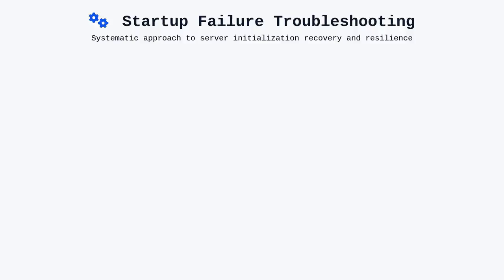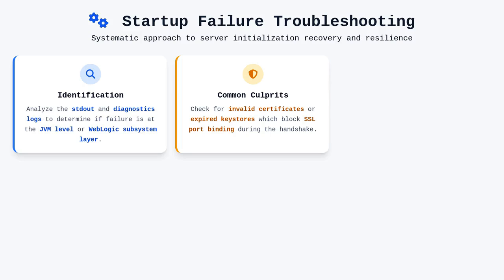Troubleshooting startup failures requires a systematic approach to identifying where the initialization engine stalled. A frequent culprit is an invalid security certificate or an expired key store, which prevents the server from binding to SSL ports during the initiation handshake. You should always inspect the server logs, specifically the STDOUT and the diagnostics logs, which will pinpoint whether the failure occurred at the JVM level or within the WebLogic